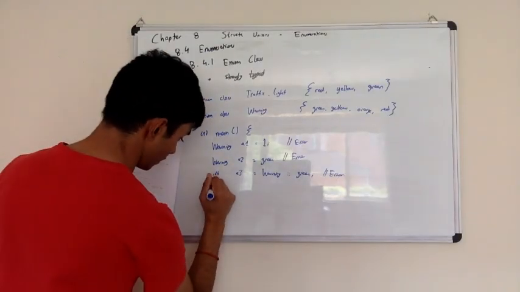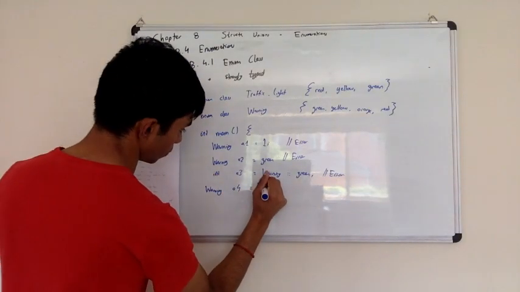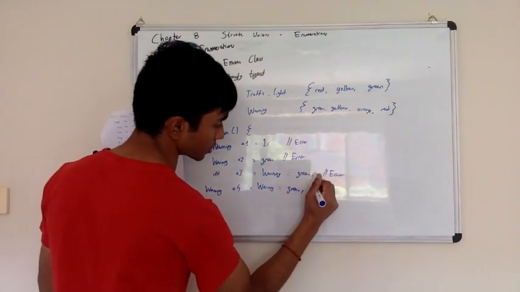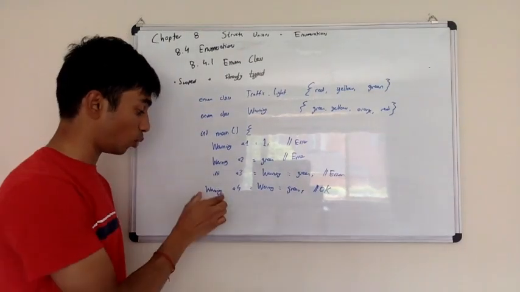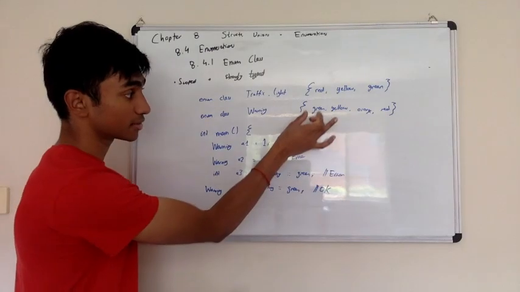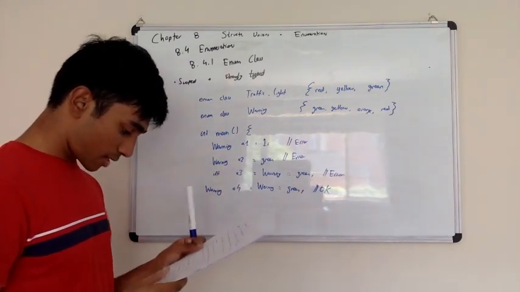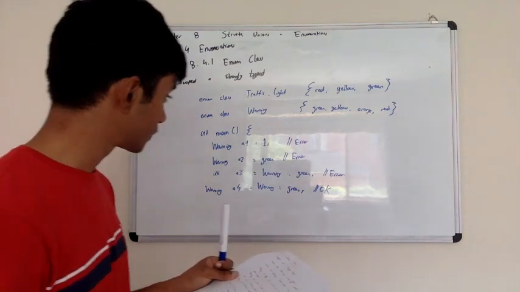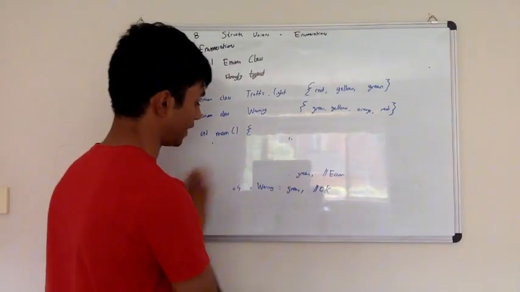Finally, if I declare warning a4 equals warning, scope resolution, green, right? This is okay, because finally we have created a variable of type warning, right? Type warning a4, and we've accessed the correct thing. Now suppose, so that's the first bit. Suppose we continue on. Imagine I have more space at the bottom. We continue on, and I try a few